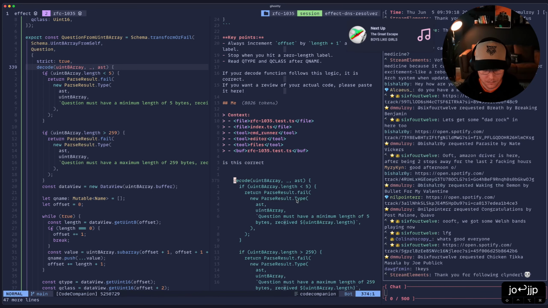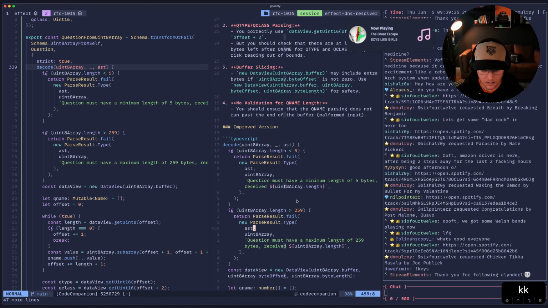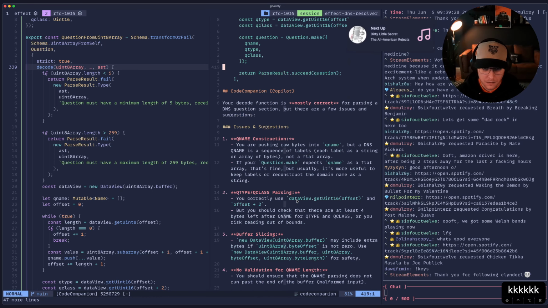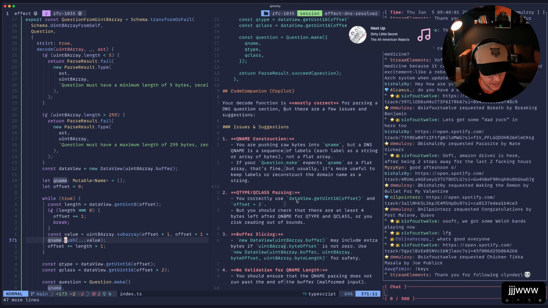Is this correct? Is mostly correct. Let's see here. Your decode is fine for parsing, but there are a few issues. QName instructions: you are pushing raw bytes into QName, but a DNS QName is a sequence of labels. Each label is its own array of bytes. Okay, so maybe we just push value, which means